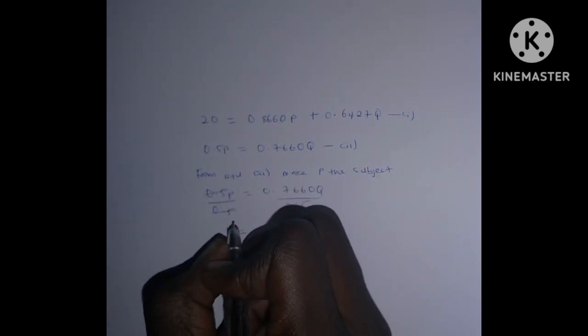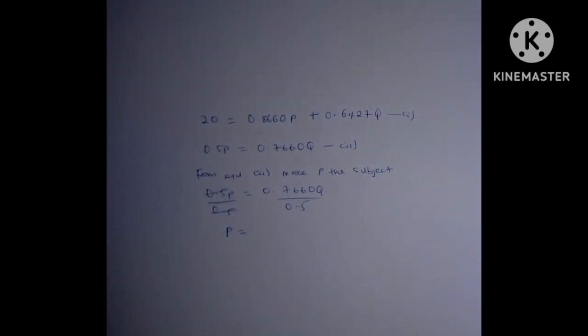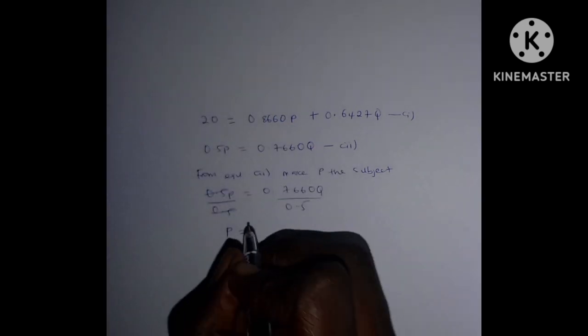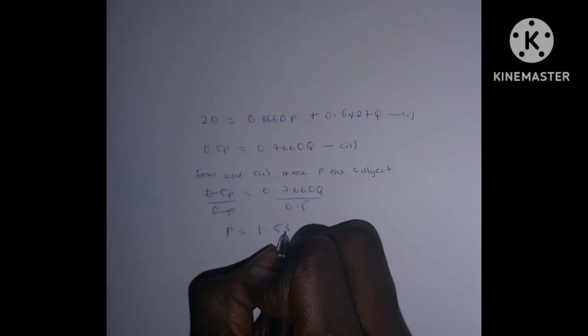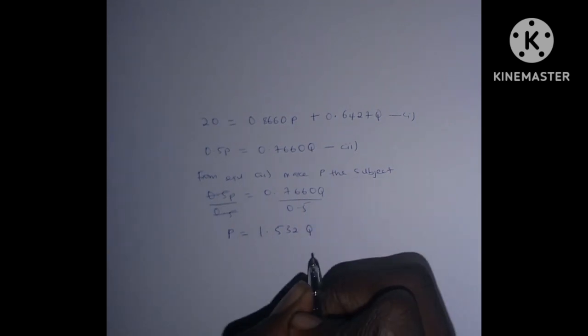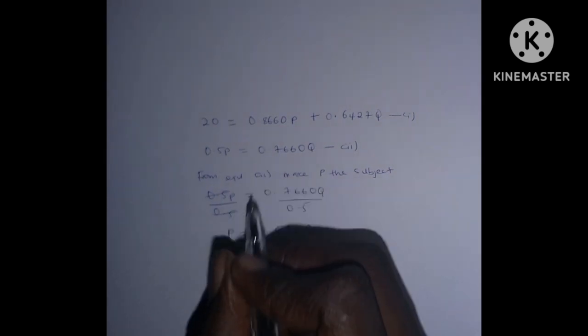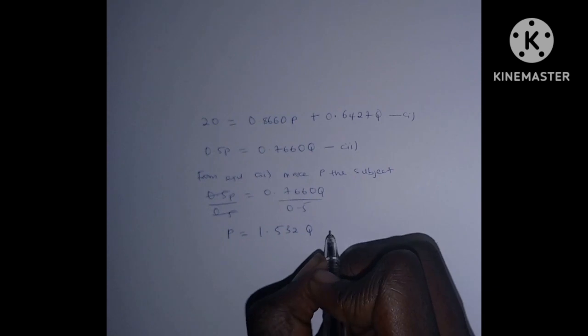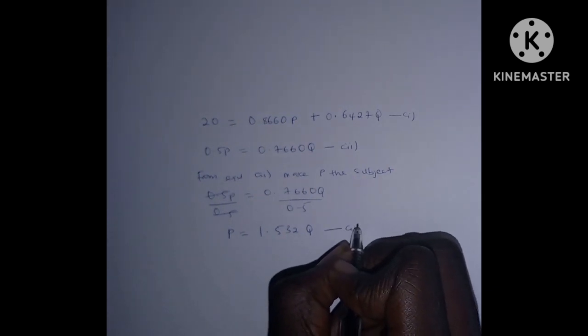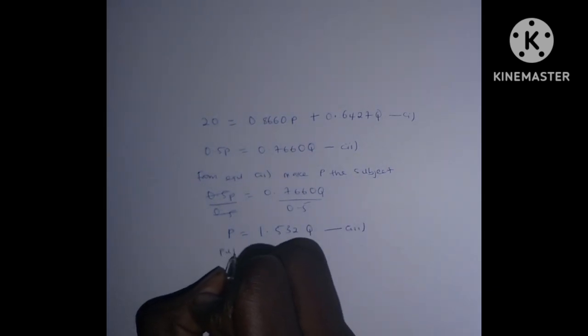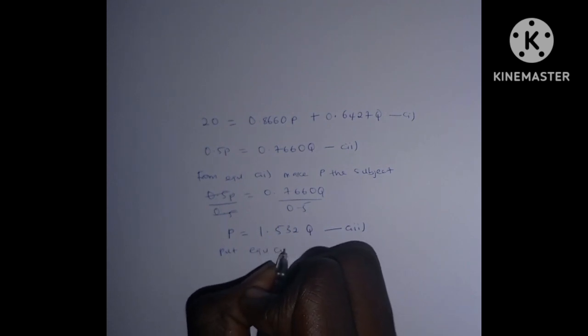So my P is now 0.7660 divided by 0.5. So my P is now 1.532 Q. Now therefore I will substitute this, I call it equation 3. So I put equation 3